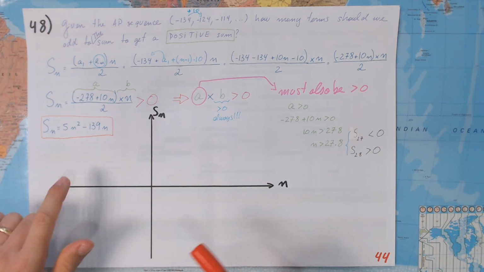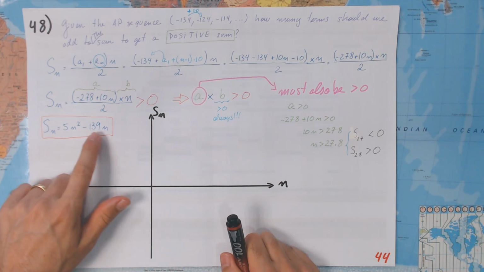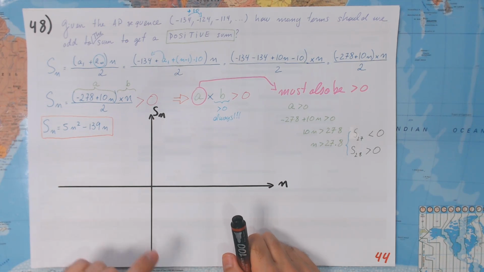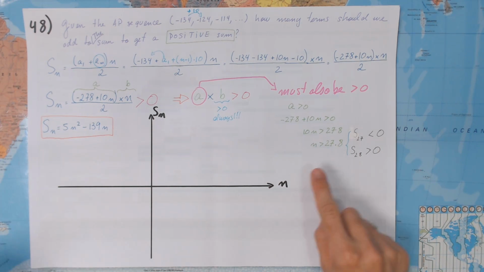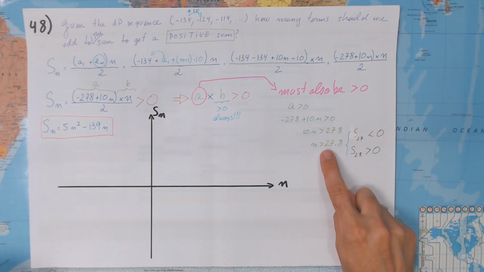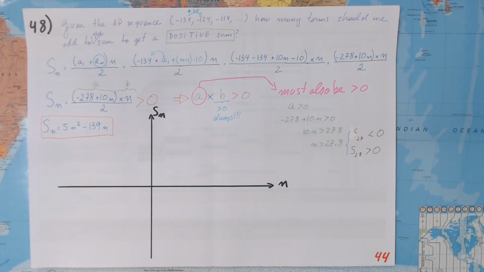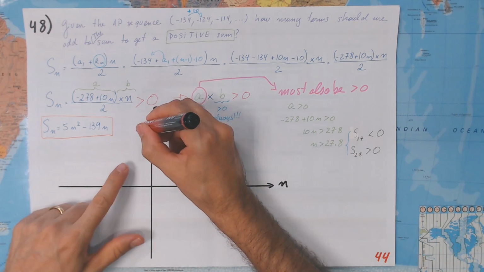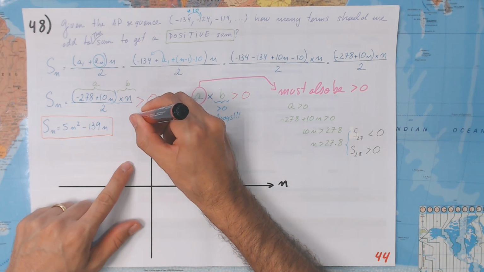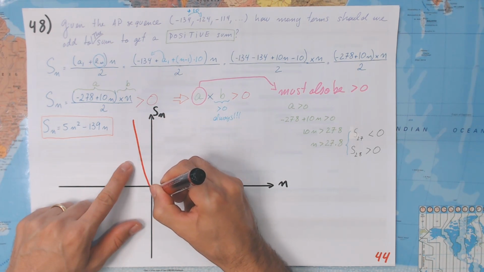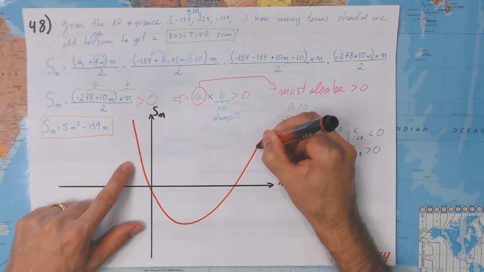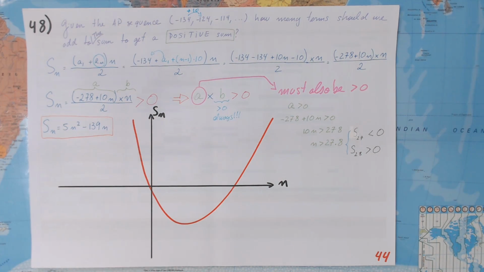When n is 0, we have 0 summation, okay? And after it is going to be 0 again when n is 27.8, okay? So it's going to be something like this. That is going to be our curve,